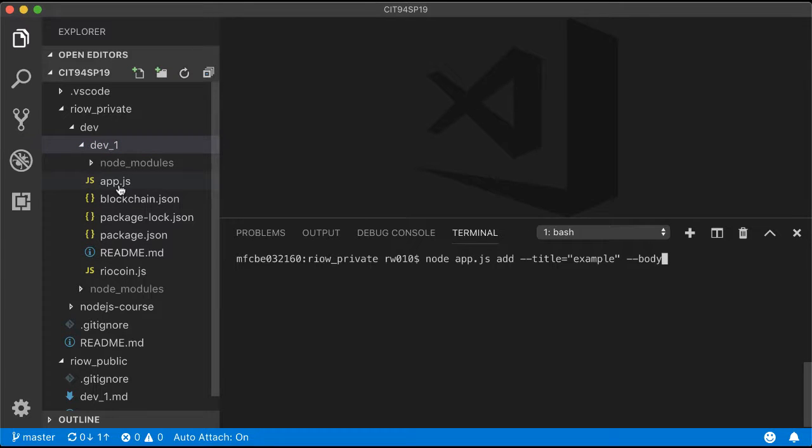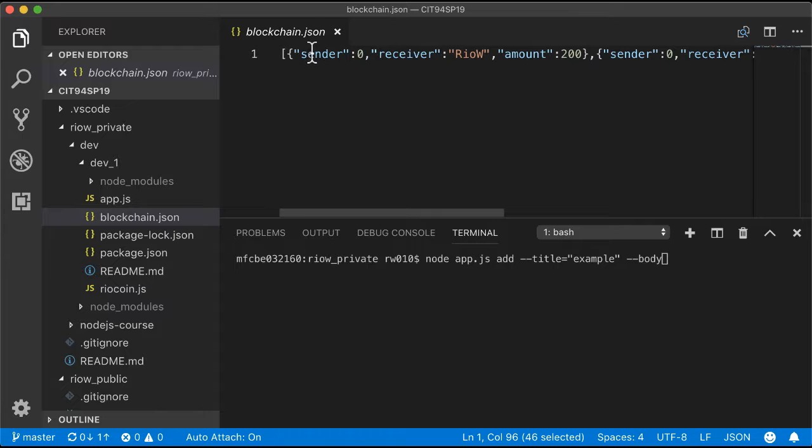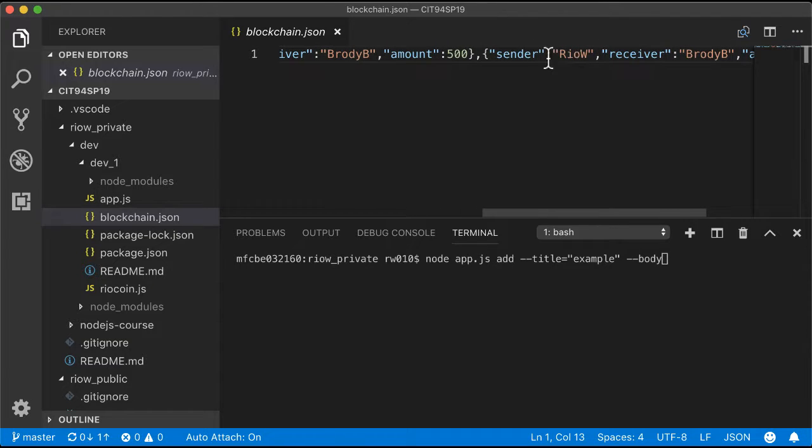As you can see, I actually already have my code in here. I'm pretty close. I have some refactoring I want to do. I've got, and this is my blockchain data. So this is my sender receiver. Right, so in this case, a 0 sender is an opening balance, and then these are opening balances, and then the sender and the receiver and the amounts.